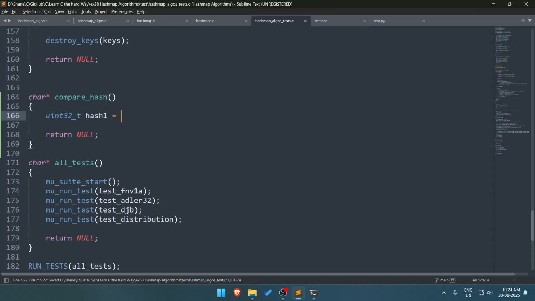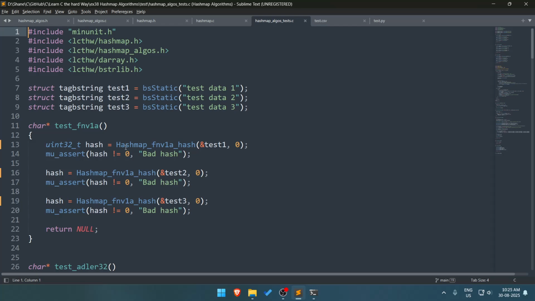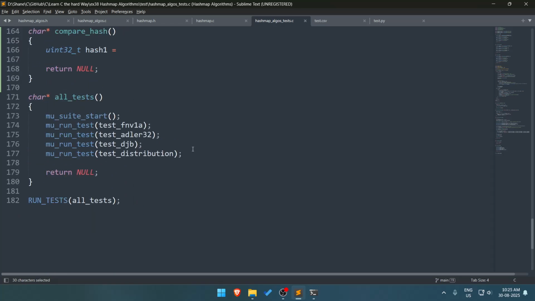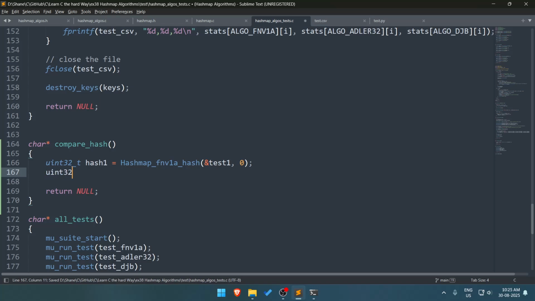hash 1. Hash 1 equals, let's call the hash function as fn, and of test s. And then I also want hash 2 equals fnv1a hash gen. Now what I want to provide is address of b data and test 1. Then I want b length of this test 1, and as well as, we don't care about